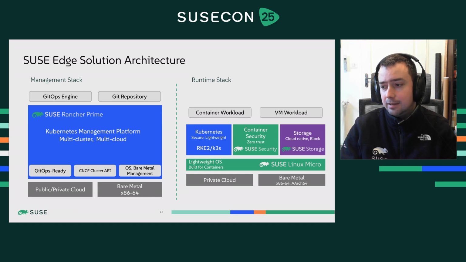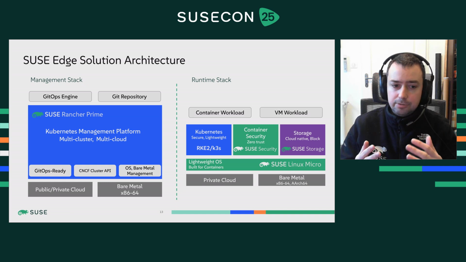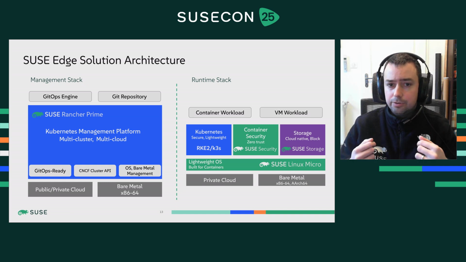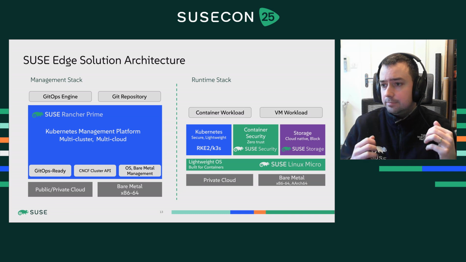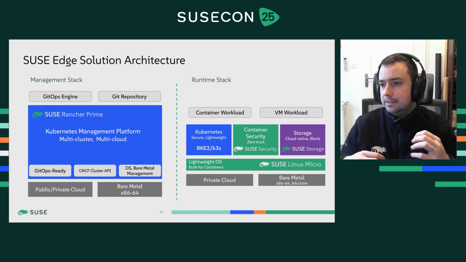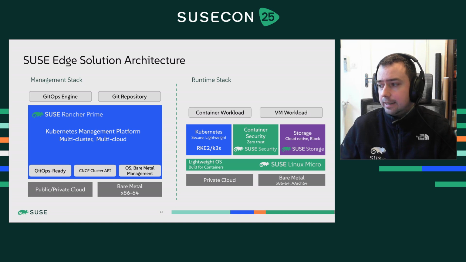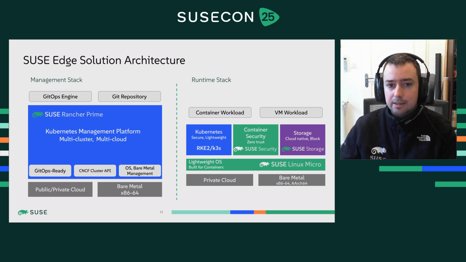You have, say, Elemental or Metal Cube for deploying the downstream clusters, and with that you have everything you need to manage all your locations and all your clusters from this environment. And then on the other side, you have this runtime stack that is the downstream clusters, where they run on the edge, be it bare metal, small gateways, or sometimes bigger